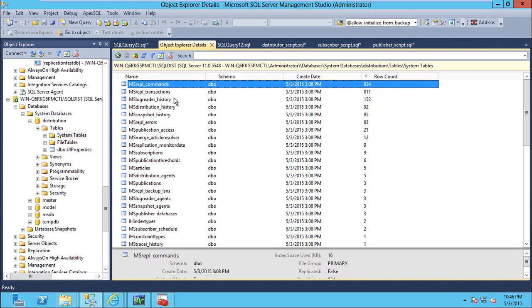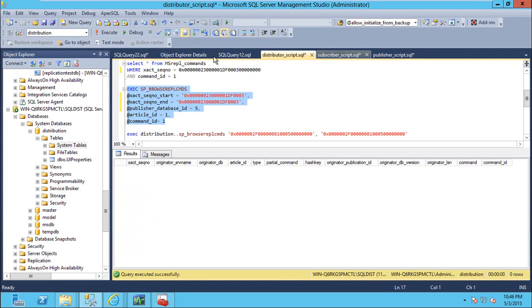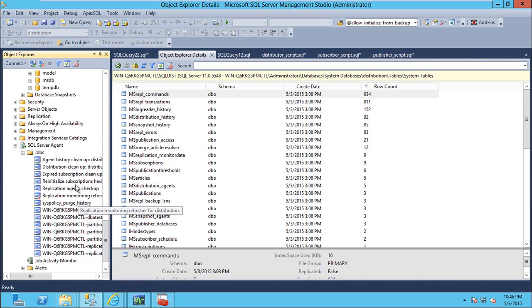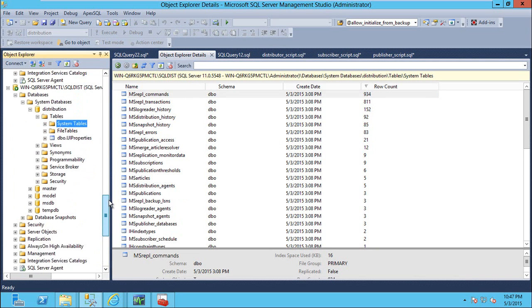If you don't clean up, this database will be really huge. Of course, you will come to know at one point of time, whatever the drive that this database is residing on, that drive will become full. You will automatically get an email, or your distribution job will stop, your LogReader will stop. It says I cannot write any more records into MSrepl_commands and MSrepl_transactions, some error. You will fix it. Okay. So when you set up replication, you have to make sure you have the distribution cleanup job. Okay, it is running, and you have proper